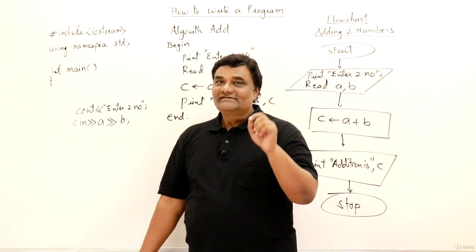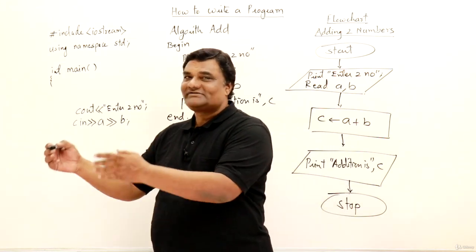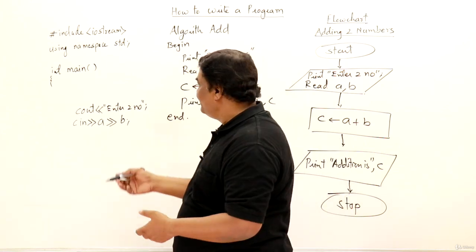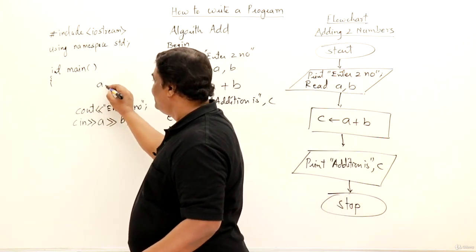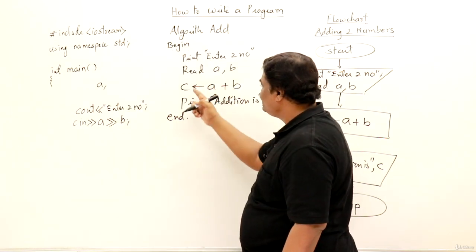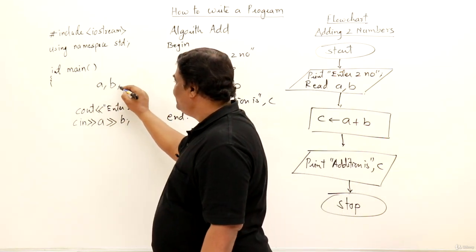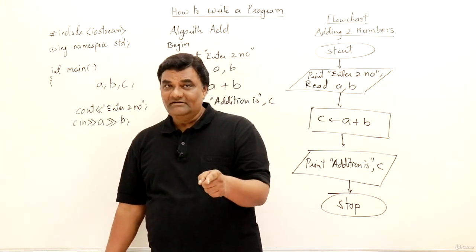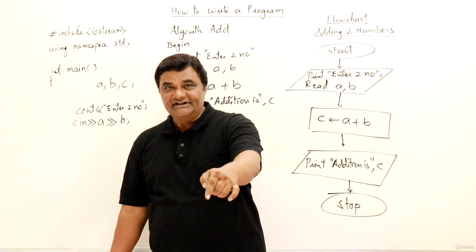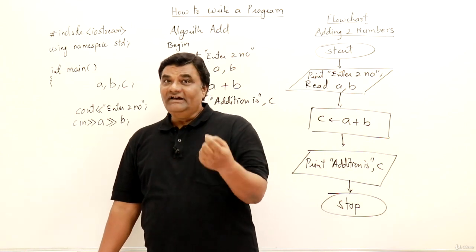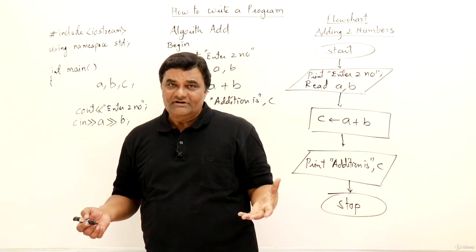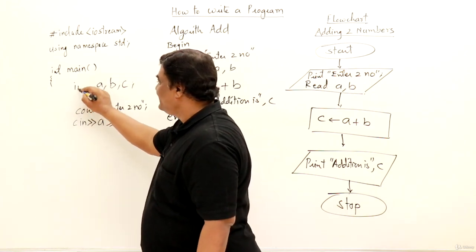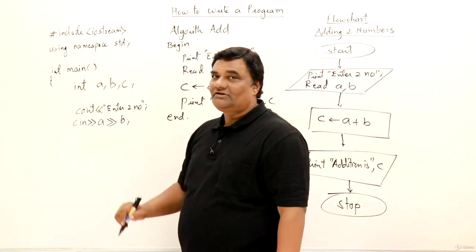Now the important thing: in C++ you cannot directly use variables unless you have declared them. So we should declare them. Declaring means before using them, here I should declare. In total, how many variables do I have? A, B, C. Three variables. Now these variables will have a data type. What does data type mean? We have it in the next video, so you'll be learning it. We have to mention the data type, meaning what type of value you are storing in them. We are storing integer type. Only numbers we are storing, so that's why this is integer. This is the method of declaring them.